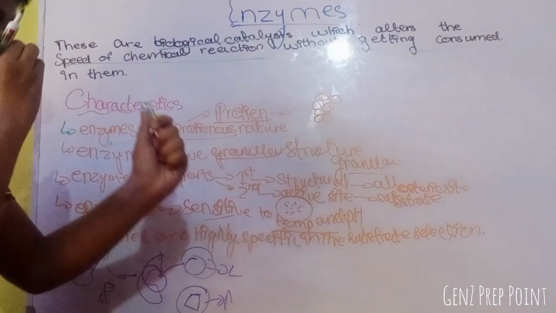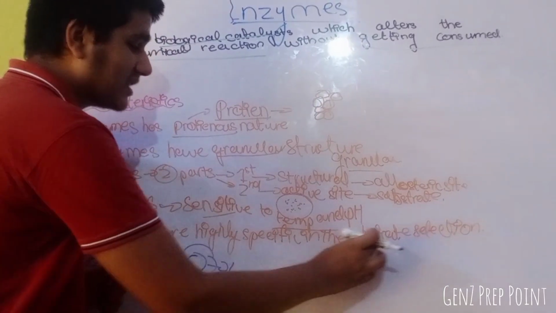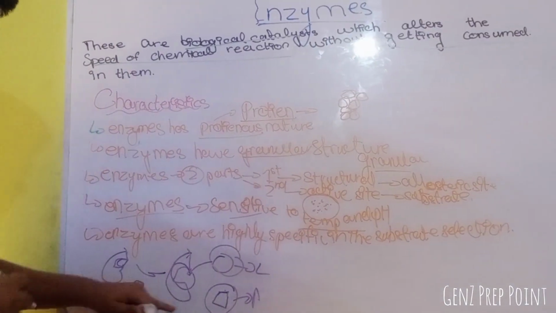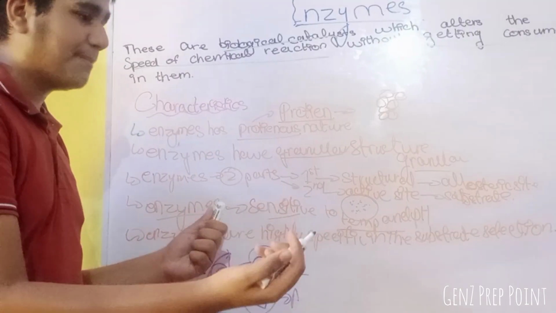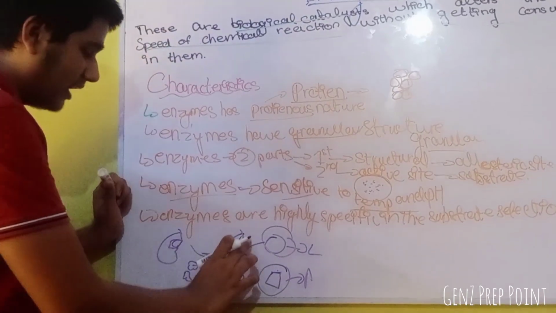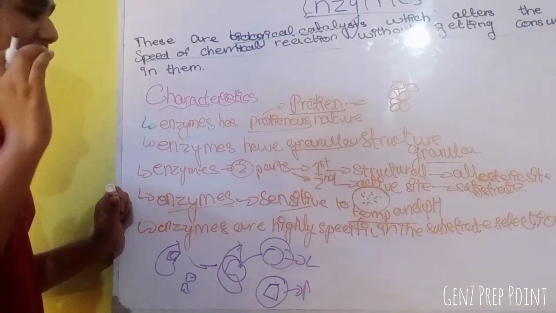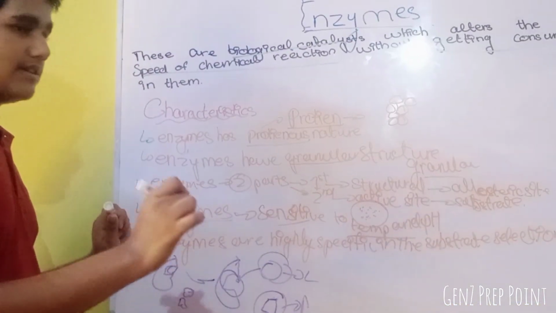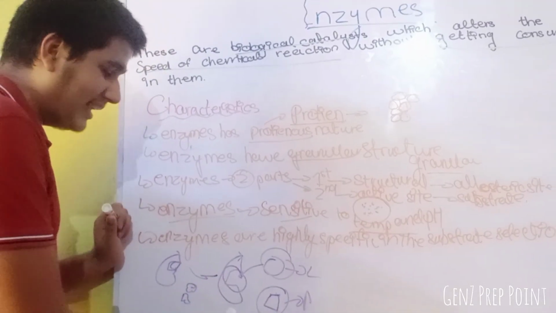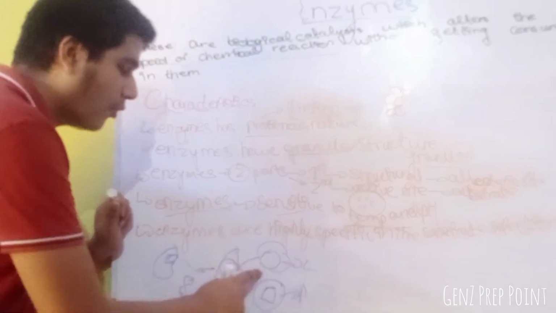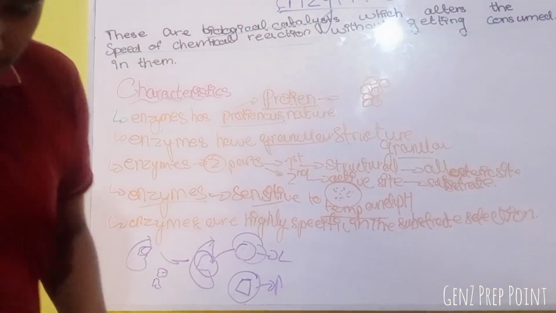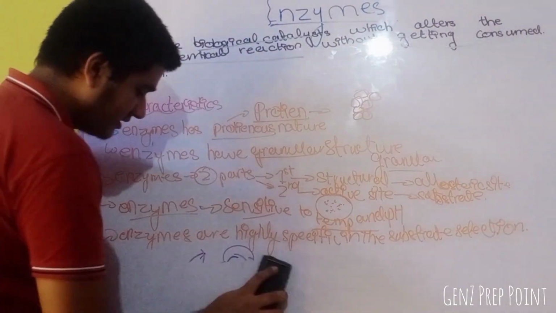If an enzyme is highly specific in substrate selection, and a substrate like a lipid or a protein attaches to lipase or protease, it will only accept the substrate the enzyme is for. This enzyme is for protein, so it will only accept protein. It won't accept lipid. It won't break lipid into smaller pieces. So if we move on further.